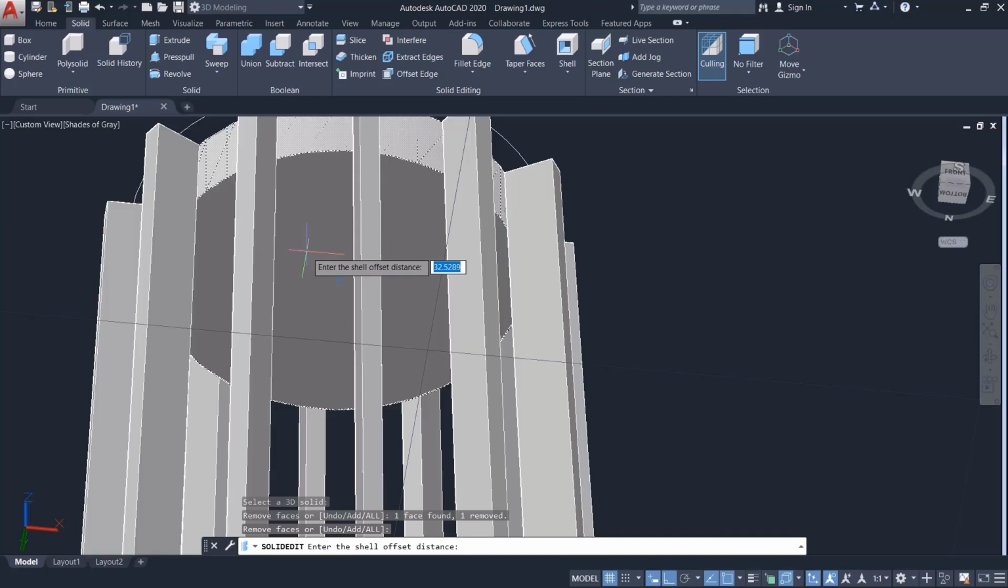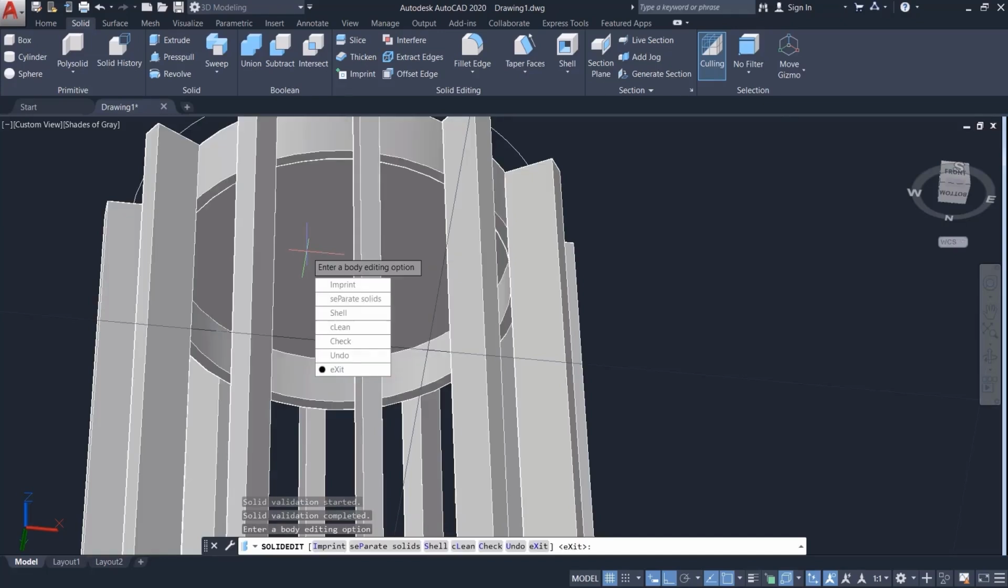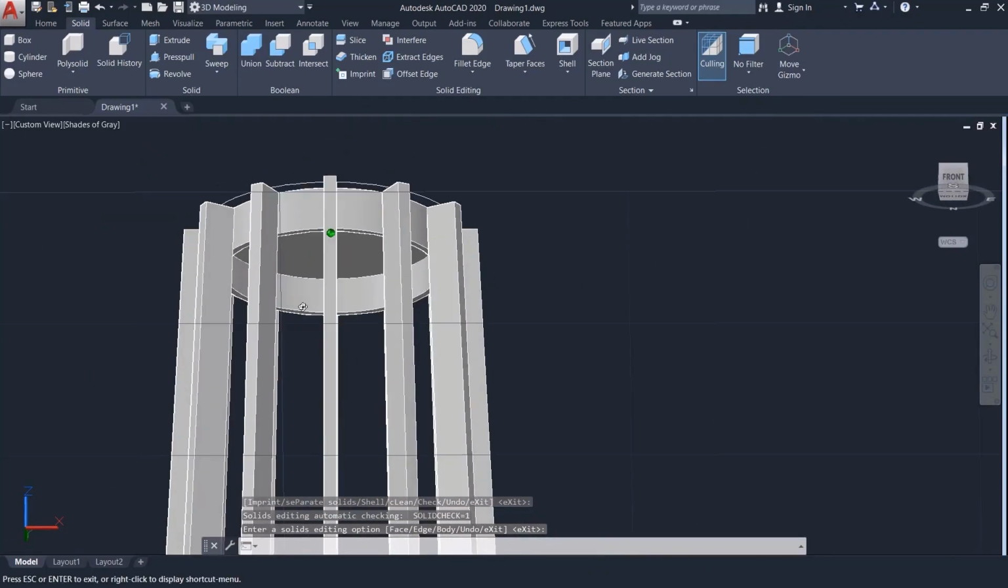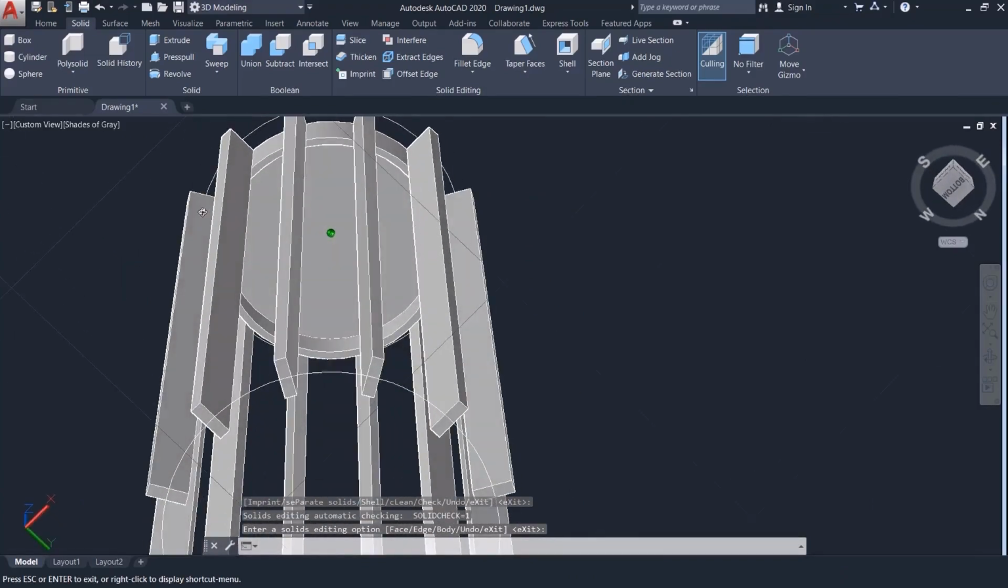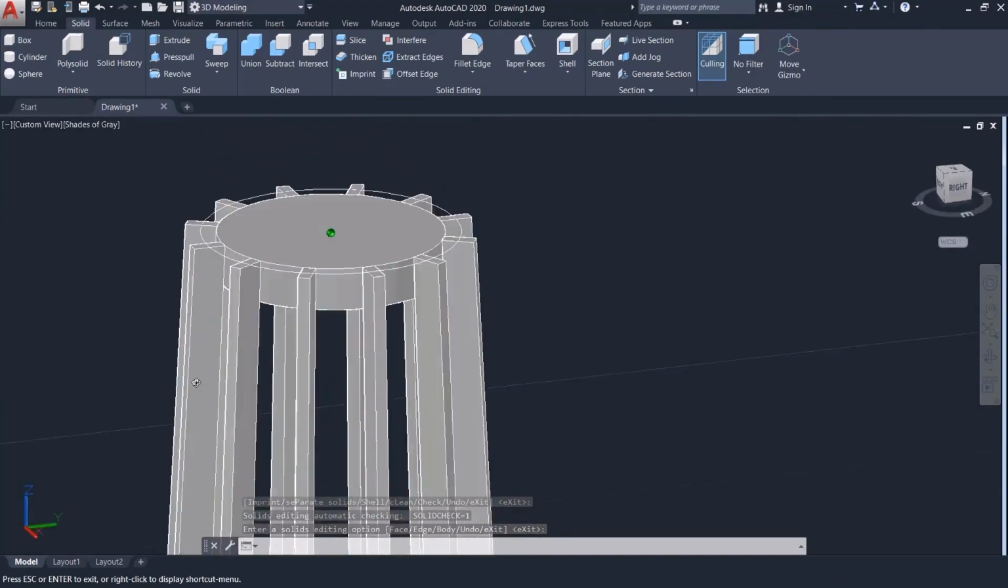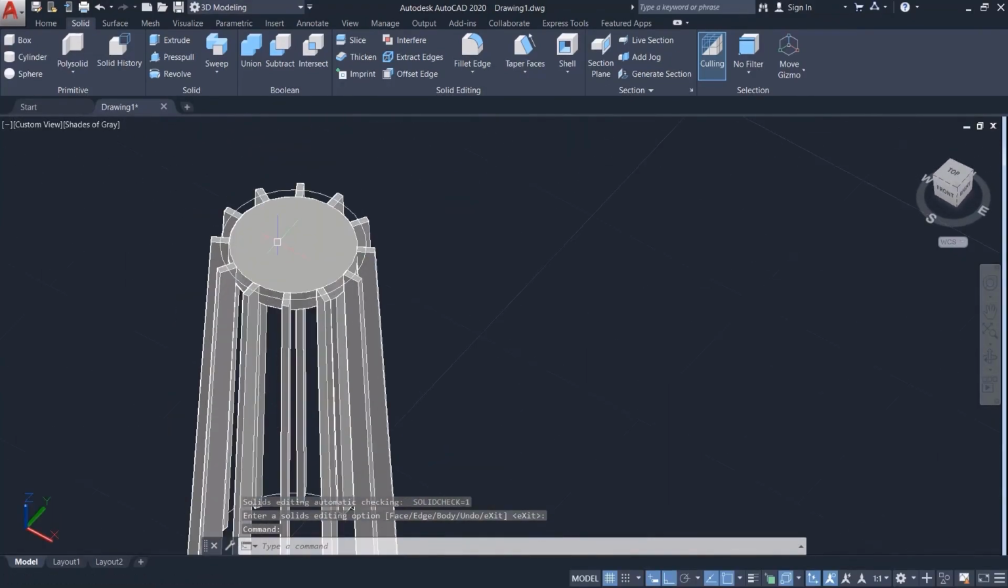Now you say, give it an offset. I think an offset of 2/10 is suitable too. Enter, and it's done. Now it's hollow. Alright. Now we need